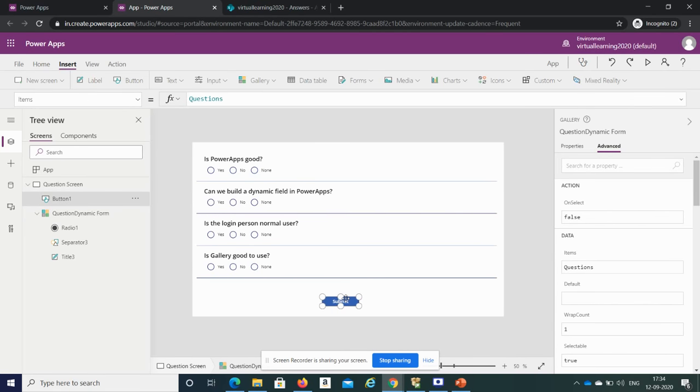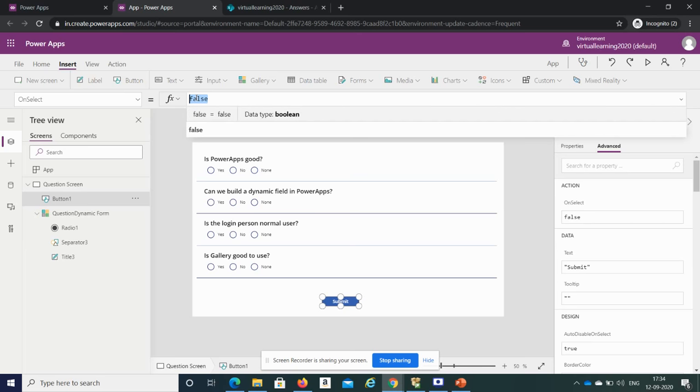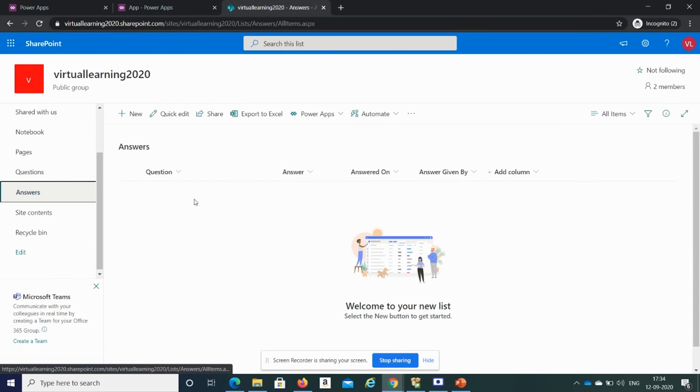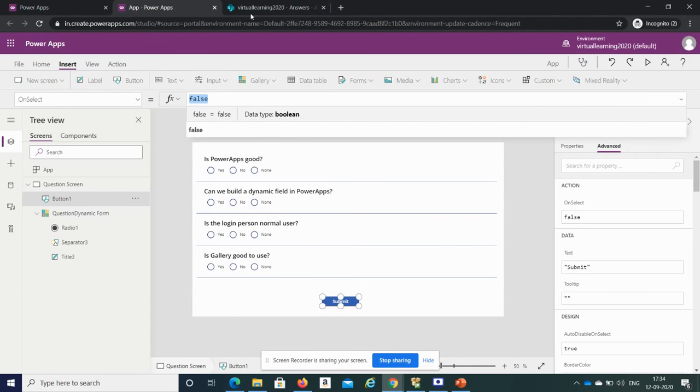Okay, so we will click on this, and we have this on select event, and in that we need to write our function, which is going to save the answers in this list. Till now we have not connected to this answer data source, so we need to connect it.